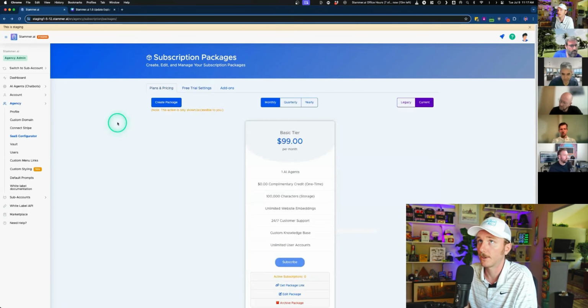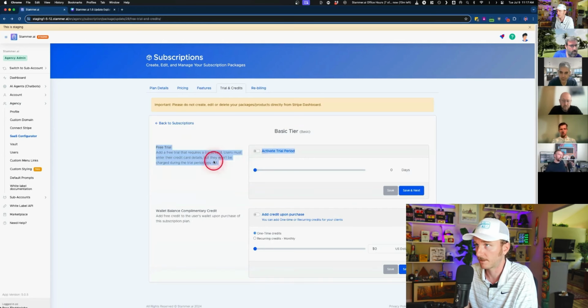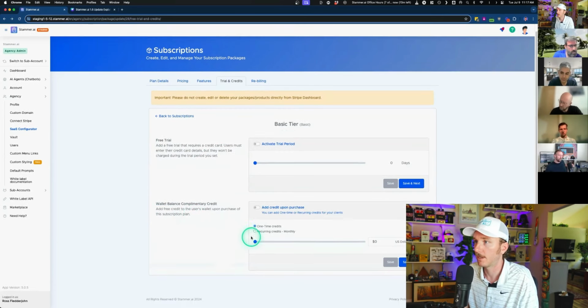And this is very similar to this setting, but this one is for credit card required. And just like we saw where you can add complementary balance, you can also add complementary balance on a one-time basis, or you can add it on a recurring basis, depending on what you want to offer. And this money gets added to the client's wallet balance so they can use it for usage across their AI